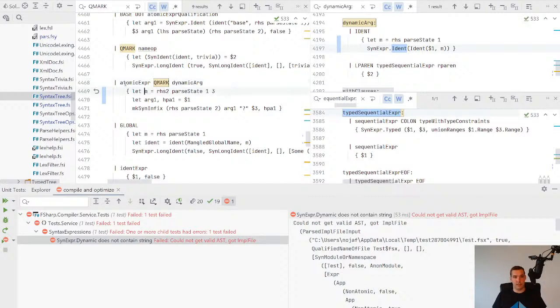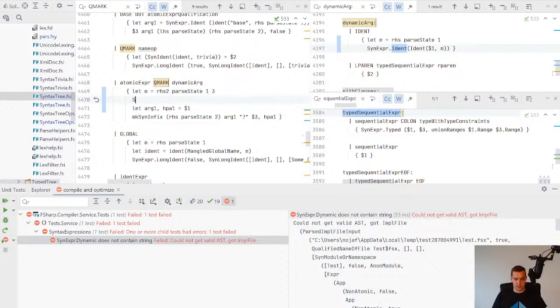This would then be the range of the entire thing, and we could naively just create a dynamic over here. The atomic expression will return a note, then $3 is also a syntax expression, and then this is the range, and then atomic expression,